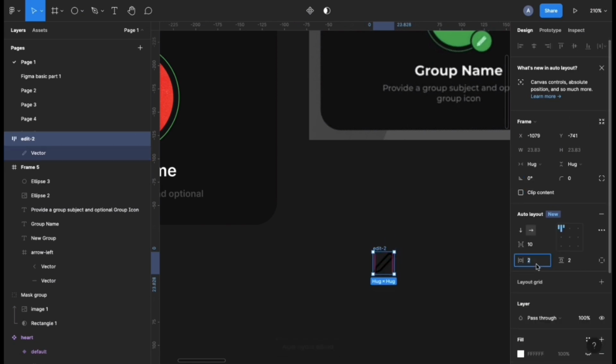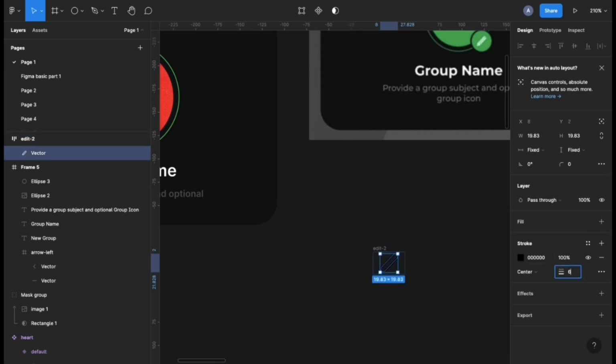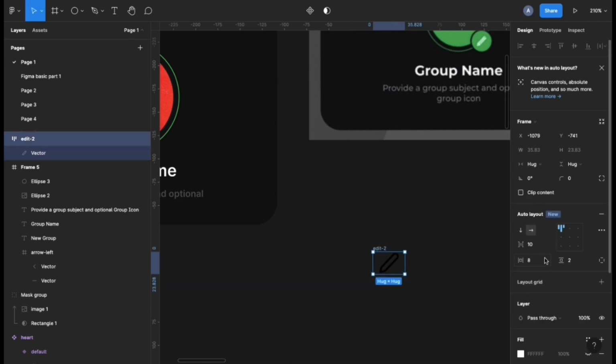And give it a little bit of, I think 8 padding will do, or 6 padding will do, sorry. 6 padding will do. 8 is too much. 6 on both sides, 6 on the top and 6 on the bottom, right? So we'll change this to edit over edit / normal,